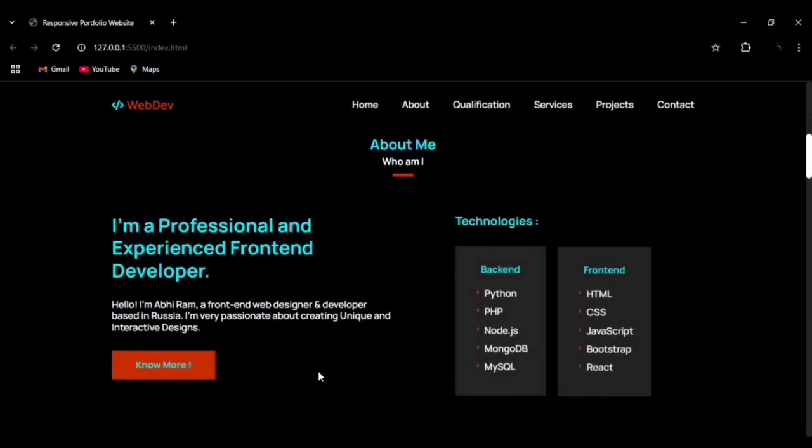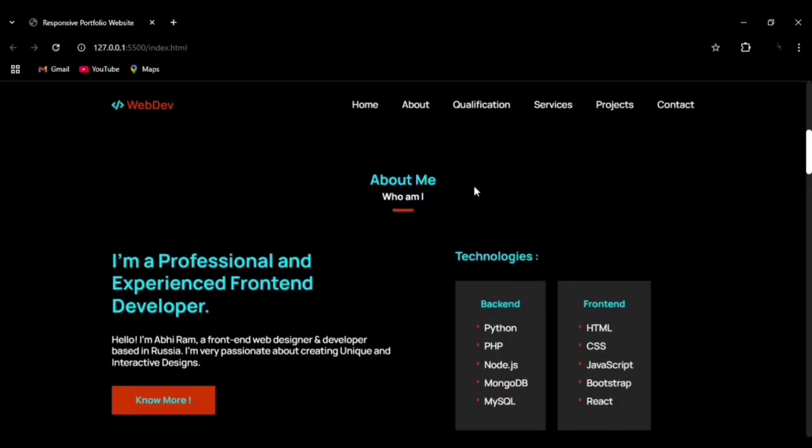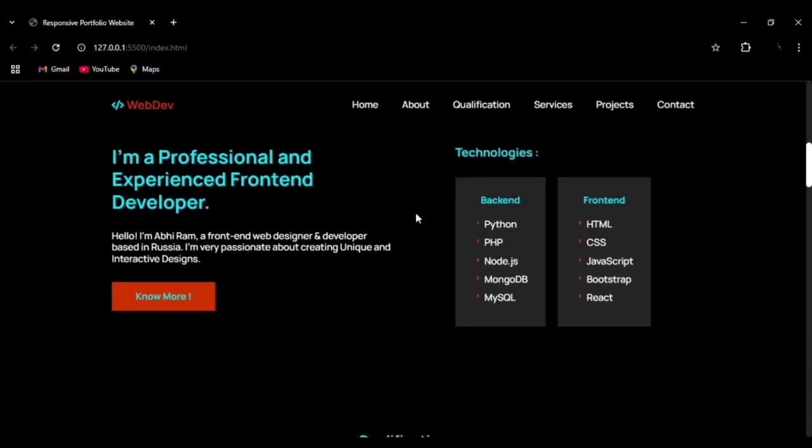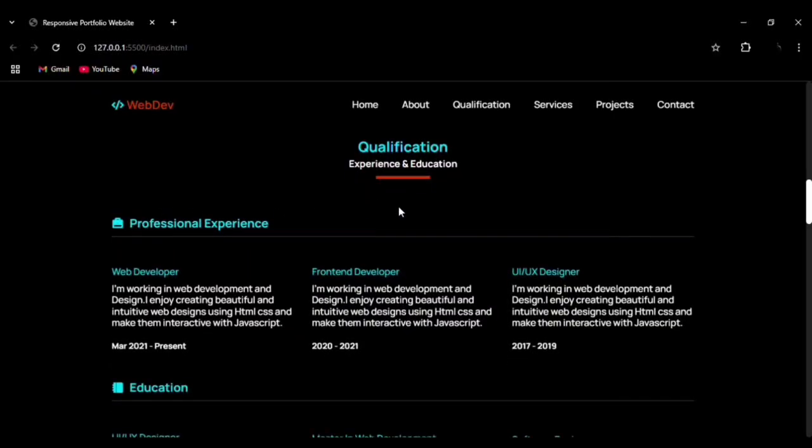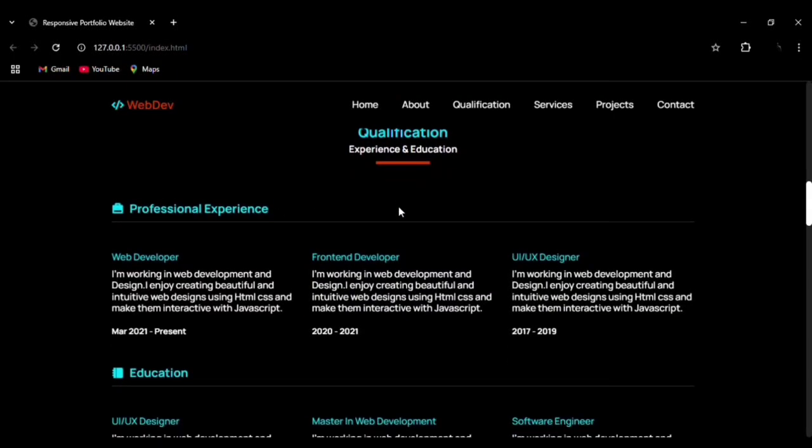You can see the hover effect on the button and you can see the technologies. This is the way that we have aligned back end and front end. You can see the icons that we have added before the technology name, and you can see how we align the subtitle element as well as subtitle, and we have also added the underline using the after effect of CSS function. Then we can see the professional qualification, that is experience, and by using the grid we have aligned